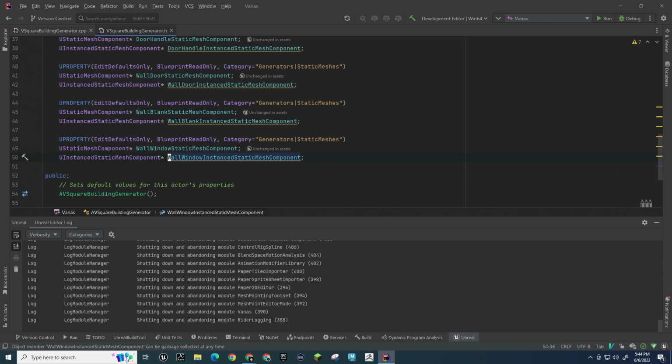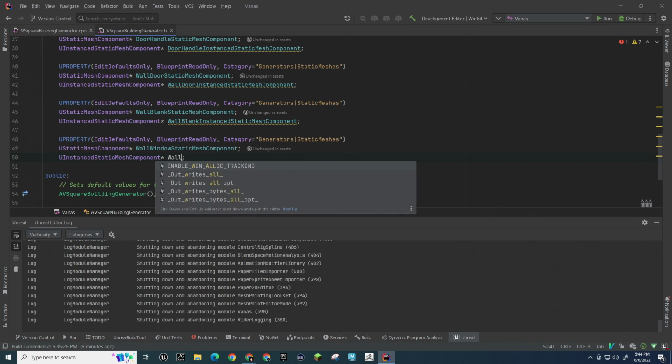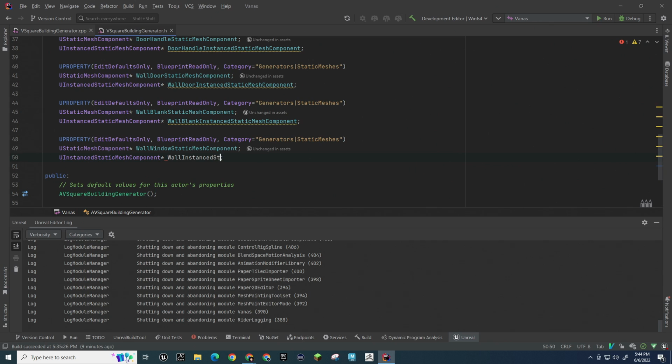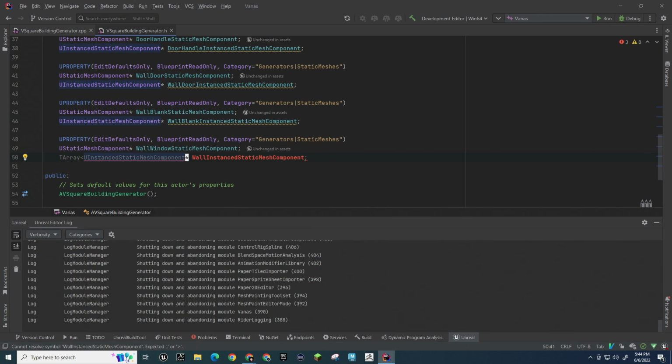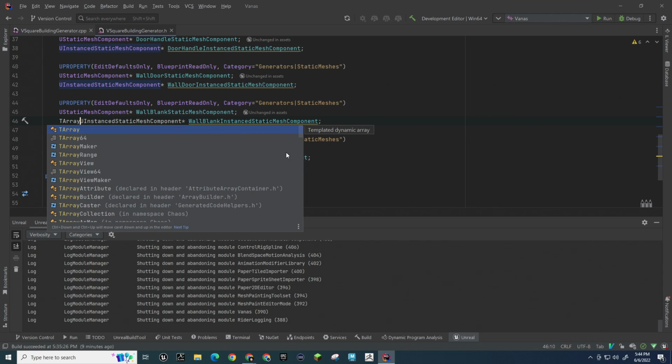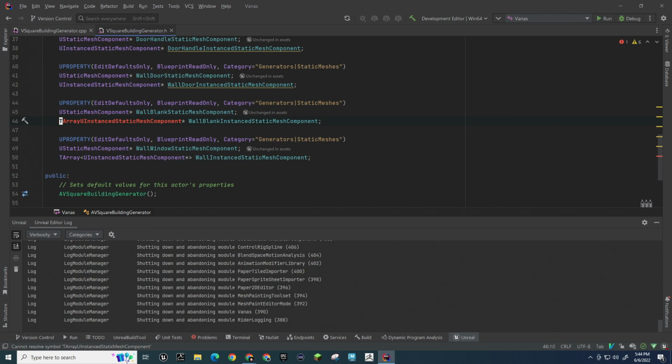What we'll do here is we'll say, instead of this being wall instanced static mesh component, this will be a TArray. TArray. Right. Same with this one. TArray. No, because this one's blanks, right? So